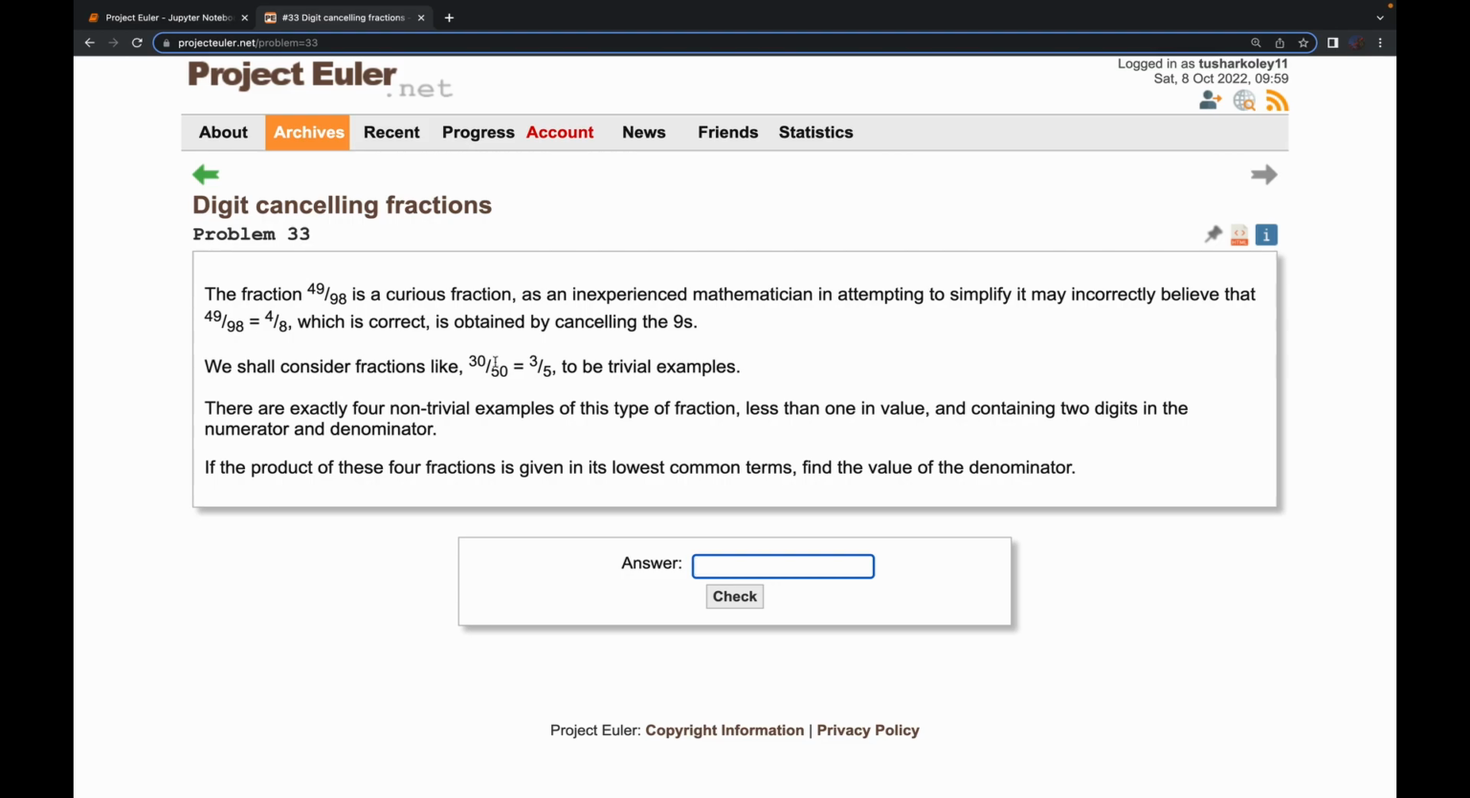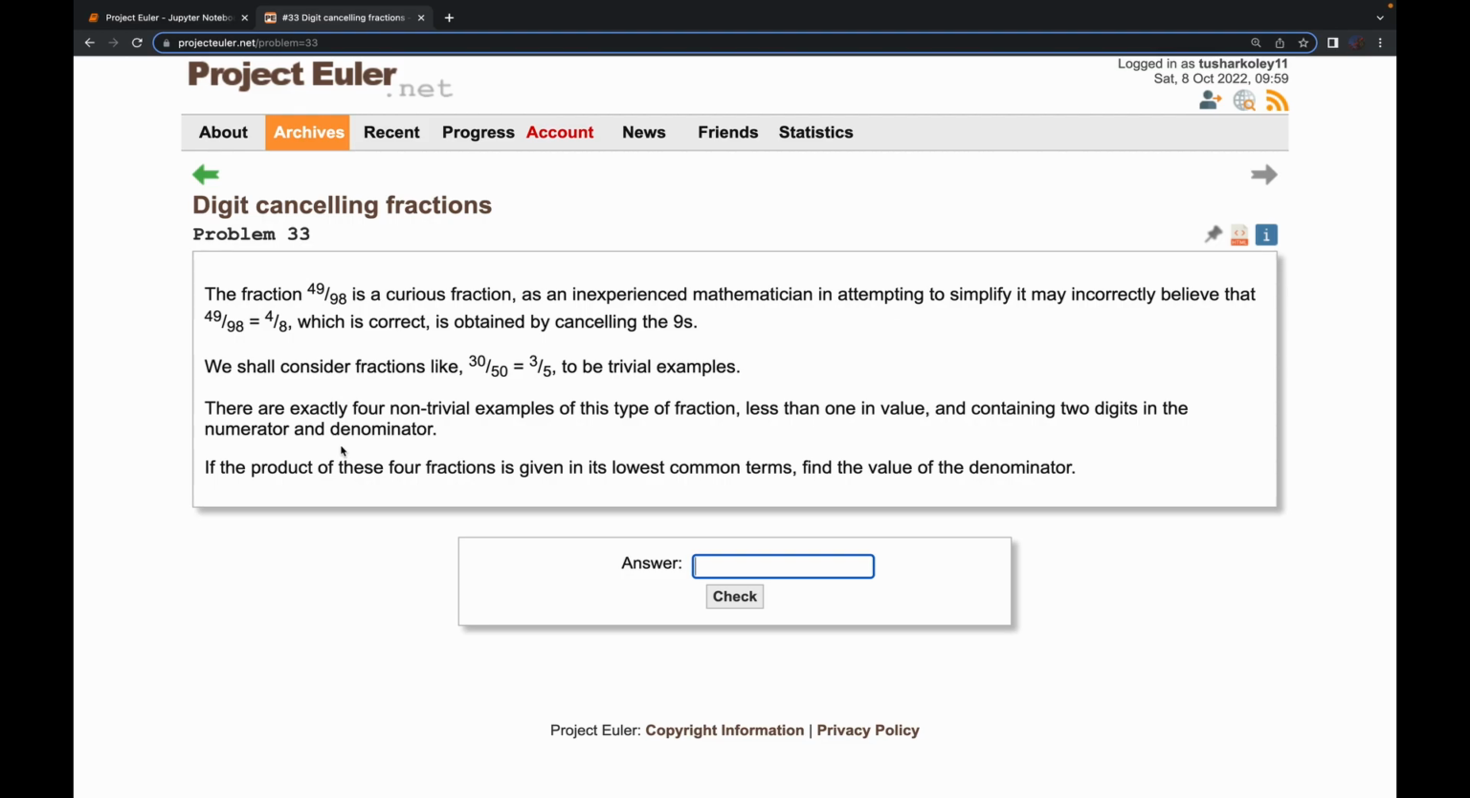Now there are other examples like 30 by 50 is equal to 3 by 5, where we're cancelling 0, and this is called the trivial examples. So we are not interested in this kind of trivial example. We are interested in examples where the second digit of the numerator and the first digit of the denominator, if we cancel them out, then the fractions are equal. Okay, so we'll have to find out